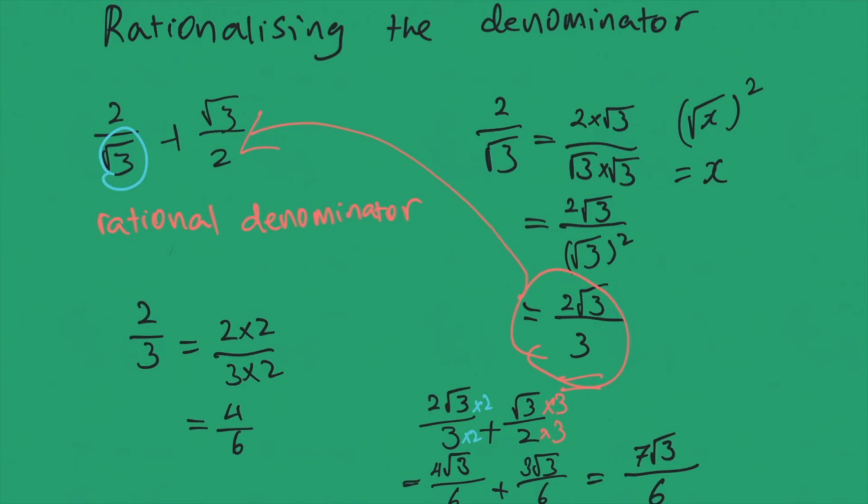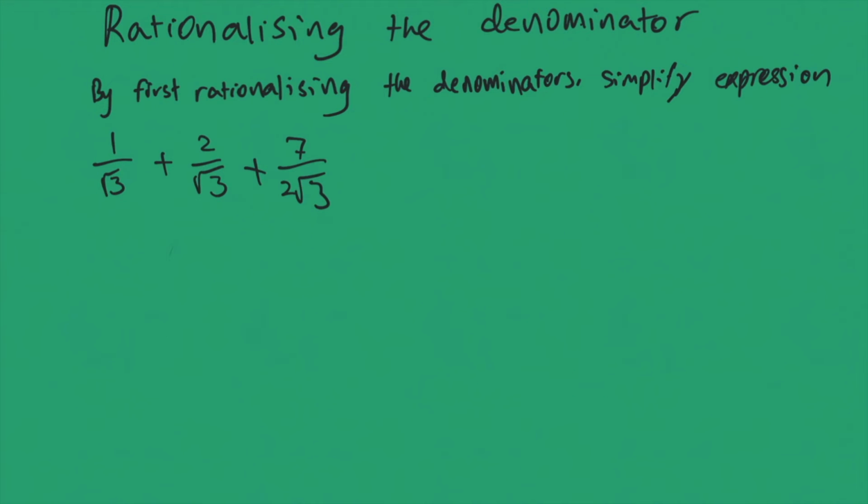Okay, now you know how to rationalize the denominator. Let me show you some questions that are more difficult. By first rationalizing the denominators, simplify the expression. In this expression, we can see that the denominators of all the terms include square root 3. So we multiply all the terms by square root 3 over square root 3,